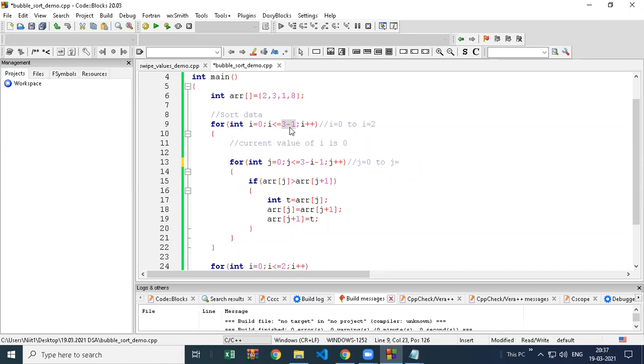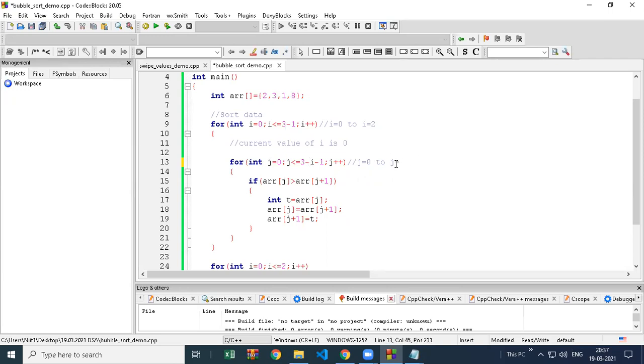3 minus 1 is 2. Yeah, you have to see the minus 1 also there. I have written 3 minus 1, is there a reason for that? Here also I have minus 1 for one reason, because I want less than whatever the size is. Because when we sort the data, you will sort these two data, then you will sort these two data, then you will sort these two data. But after that, there is no pair with the last number. That's why I did minus 1 there.